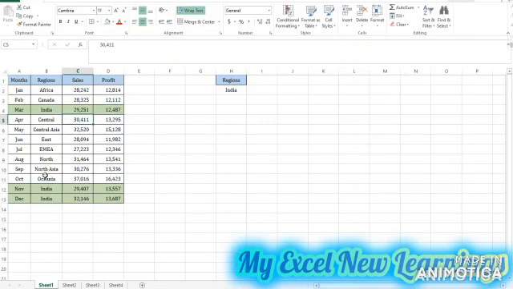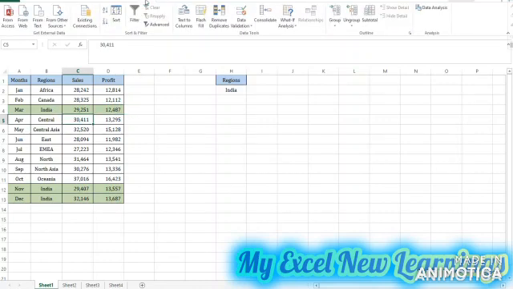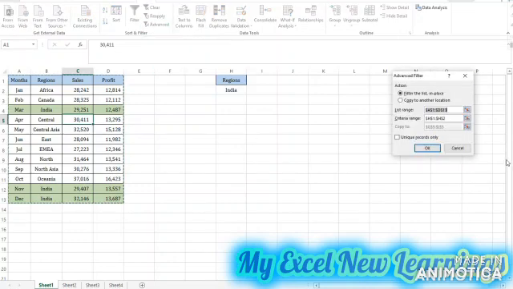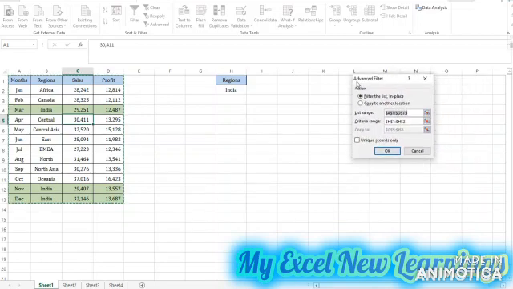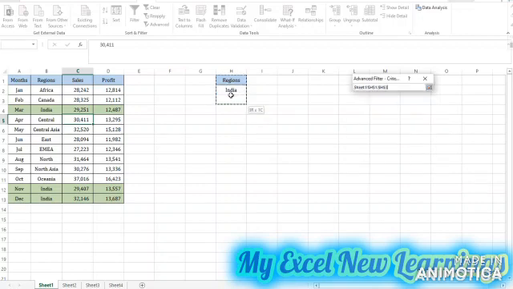So first we will go to the data tab and then we click on the advanced filter. So once you click on the advanced filter, box will open. So here we have action. So we want to copy the data to the other location. So we will click on the copy to other location, and this is my list range, and this is my criteria.